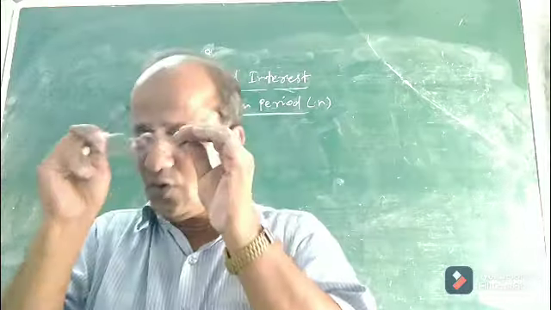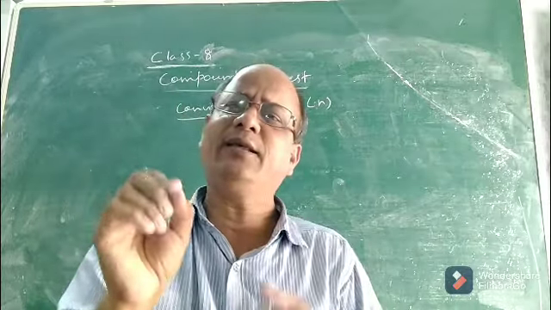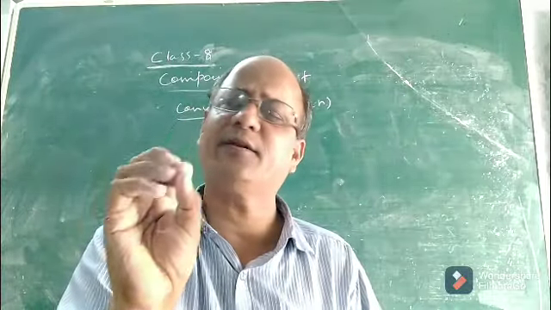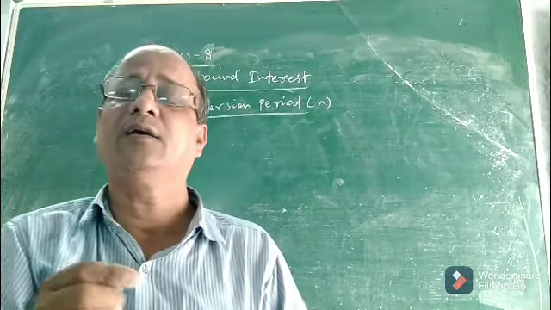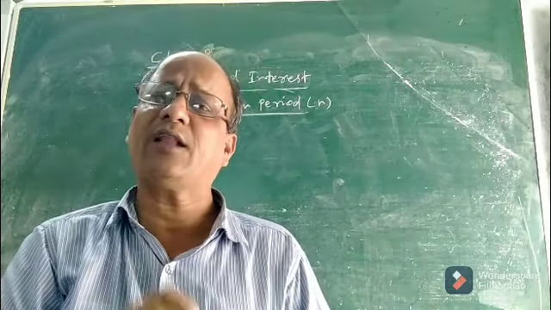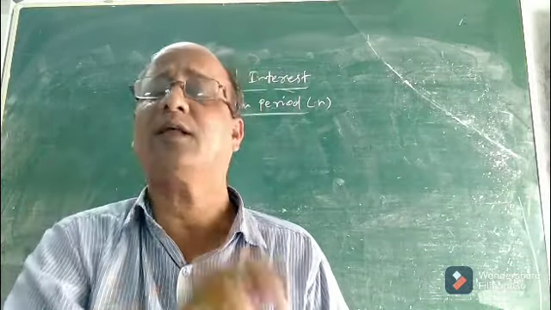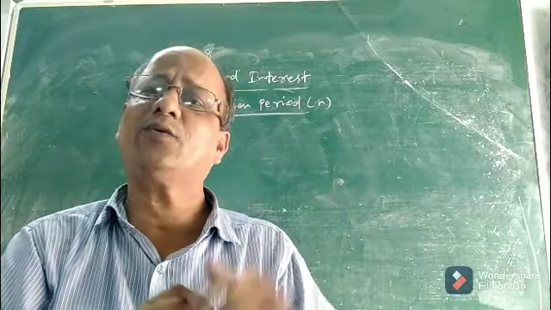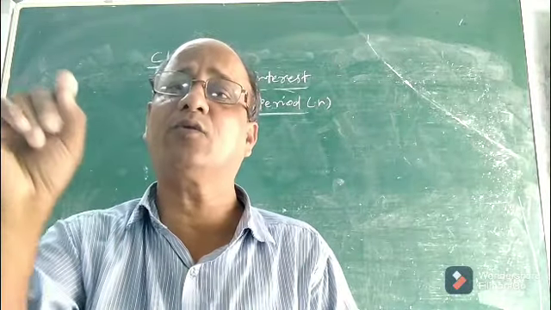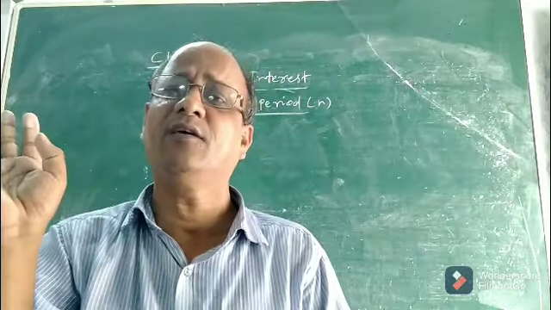So what is the meaning of conversion period? To understand it, whatever money we keep in the bank or whatever sum we borrow from the bank, that is the principal. You already know, the loan taken or the money deposited. Whatever interest the bank gives us, now how is interest calculated? How is interest compounded or calculated, that we have to know. In simple interest it was per annum. What is the meaning of per annum? Rate of interest R equal to 6% per annum. Per annum means in 1 year the rate of interest is 6 rupees on every 100 rupees.